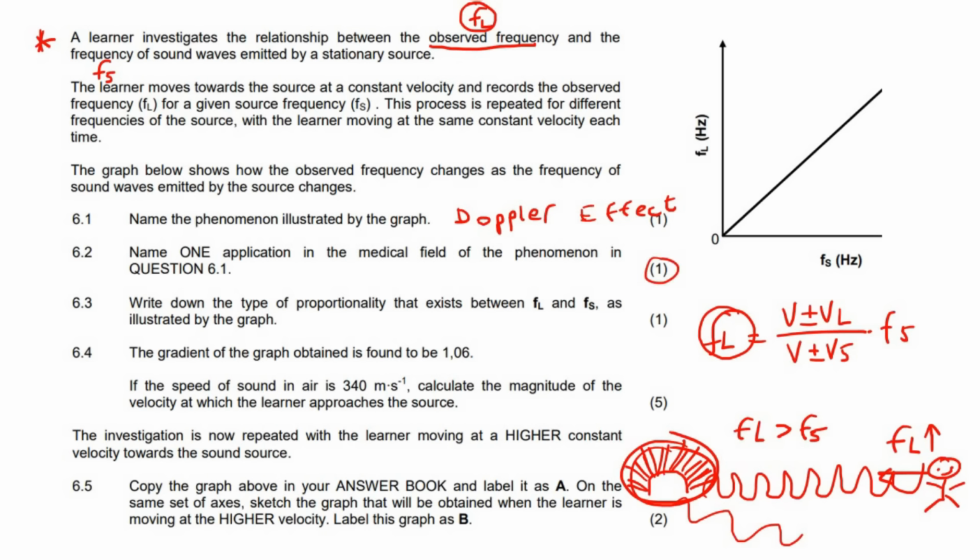So you must just know your different applications, but don't go into the details of how they work. One of the things that we use the Doppler effect for in real life, not talking about the medical field now, is speed cameras, to measure how fast a person is moving, for example, in a car. If you have a car over here going this way, and then you've got a camera over here, busy detecting how fast the car is moving. The way that it does that